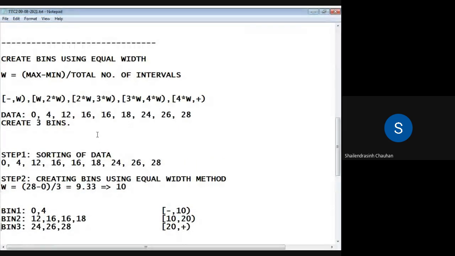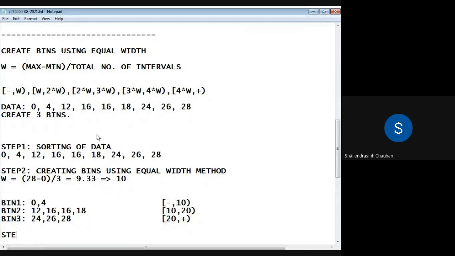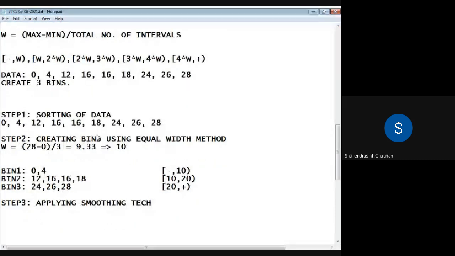So we have performed up to step 2, and step 3 is applying smoothing techniques. And that is the same: smoothing by bin means, bin median, bin mode, bin boundaries.